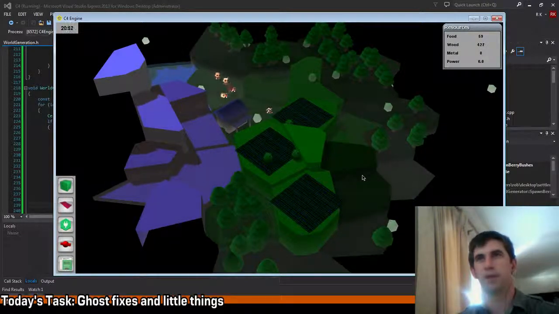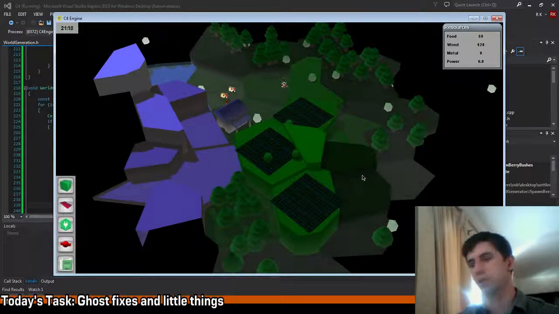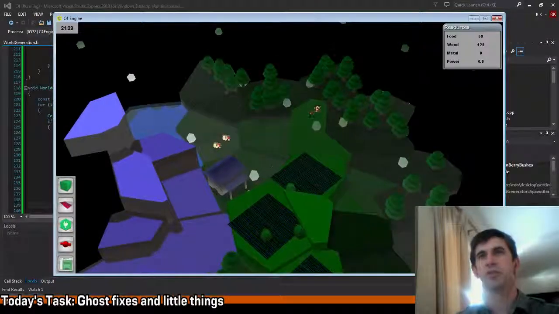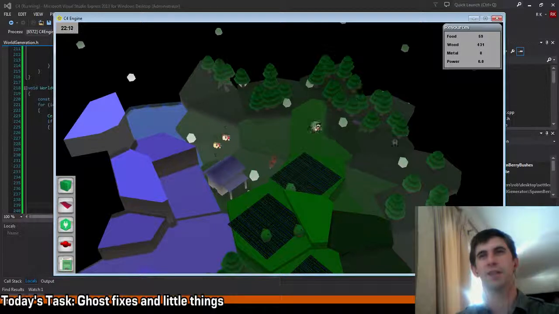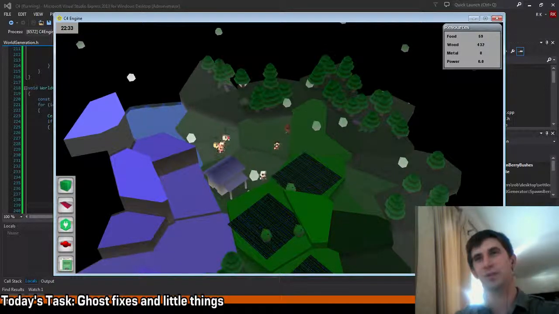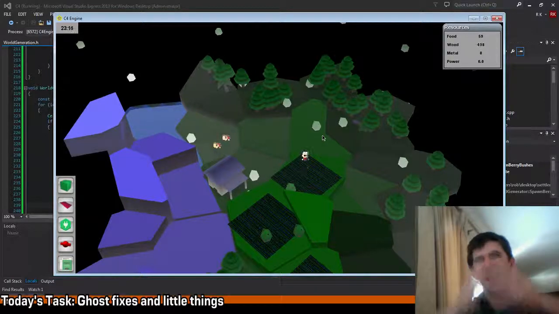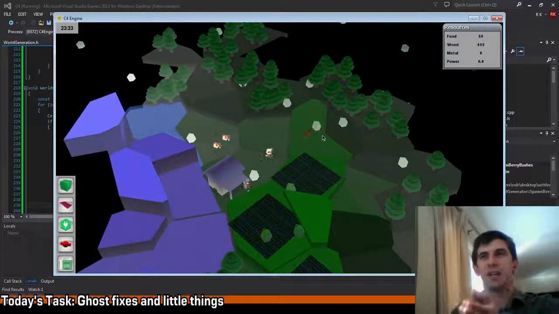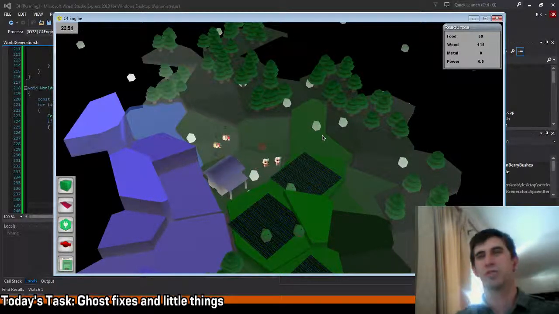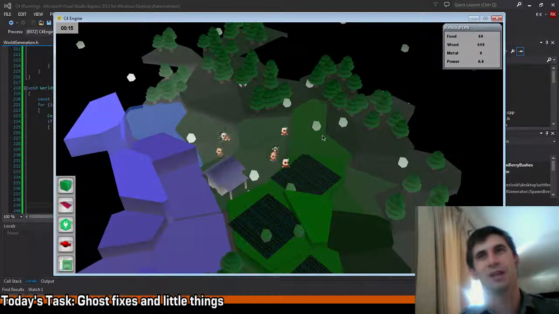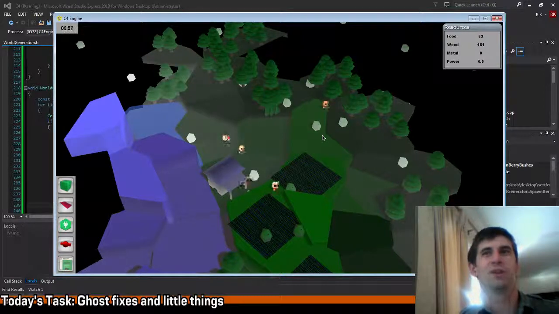Also, there needs to be a little work done in the AI section so that they don't all go running off to the same tree. You can't see it right now. In fact, you can see the trees falling over, but you can't actually see them all. They all kind of converge on a tree and cut that one tree down very quick and then proceed to move from one tree to the next with a kind of insane group precision. So